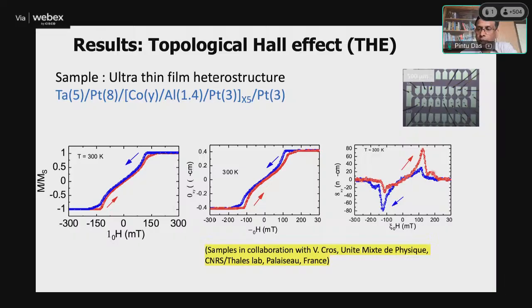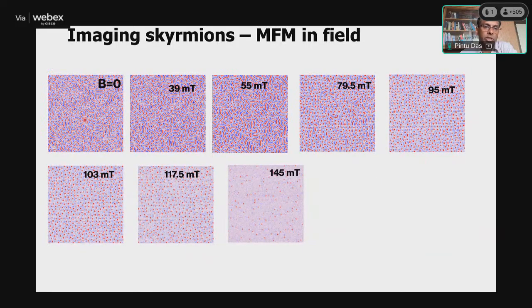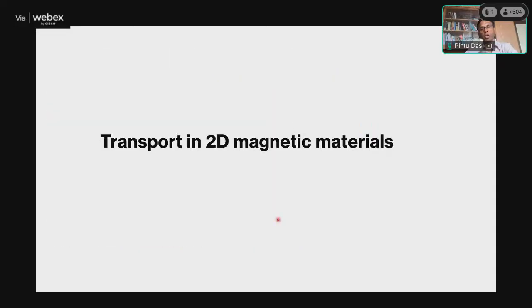And additionally, we see another hump-like feature, also very robust in our case. Then we measure, as a function of field, the magnetic skyrmions going from elongated structures to very nice, dense skyrmions. So from the transport, one can look at those topological features in the topological Hall effect, and one can identify the skyrmions. But I should warn you that